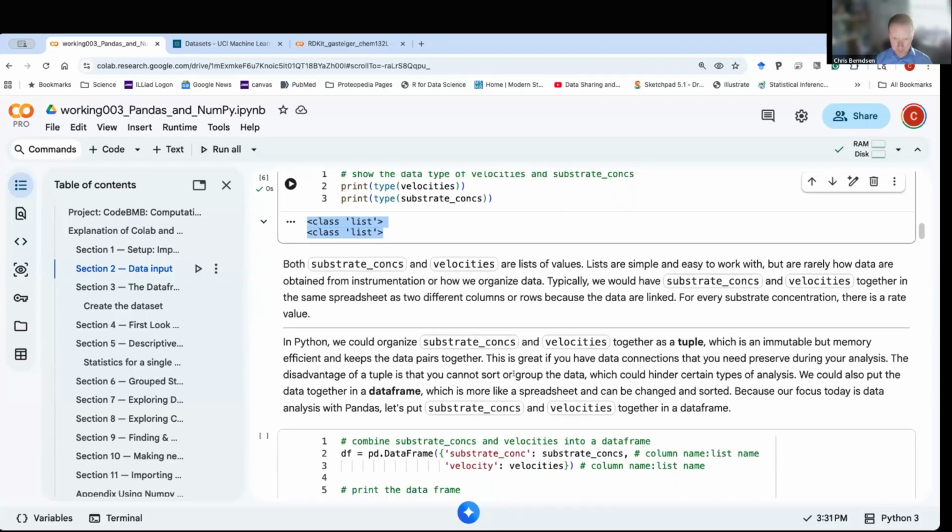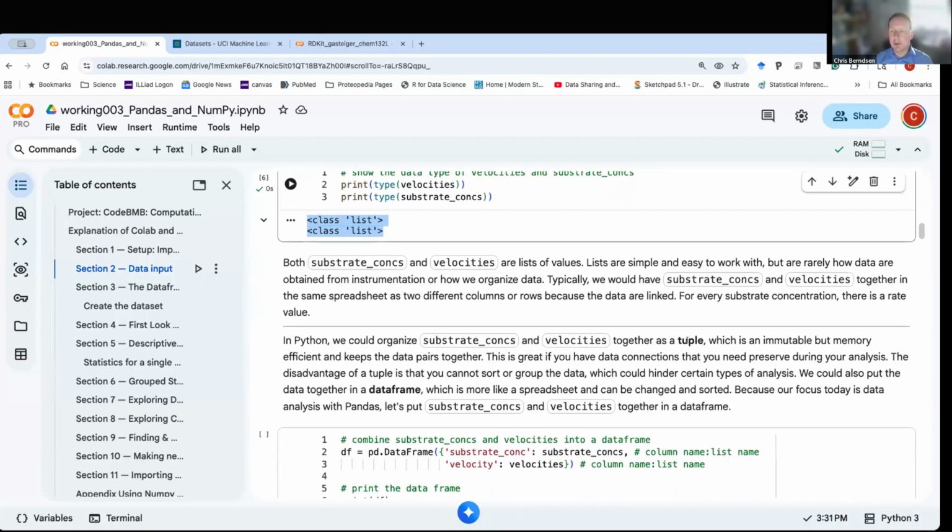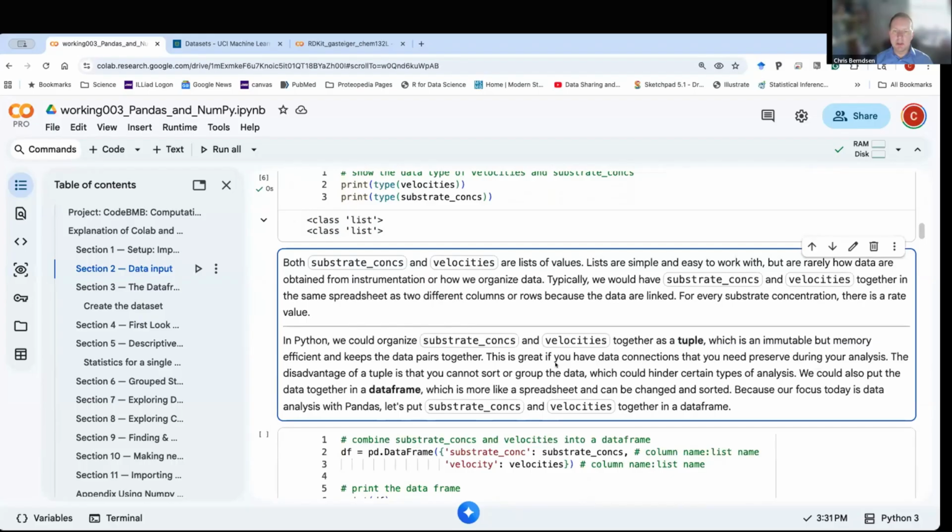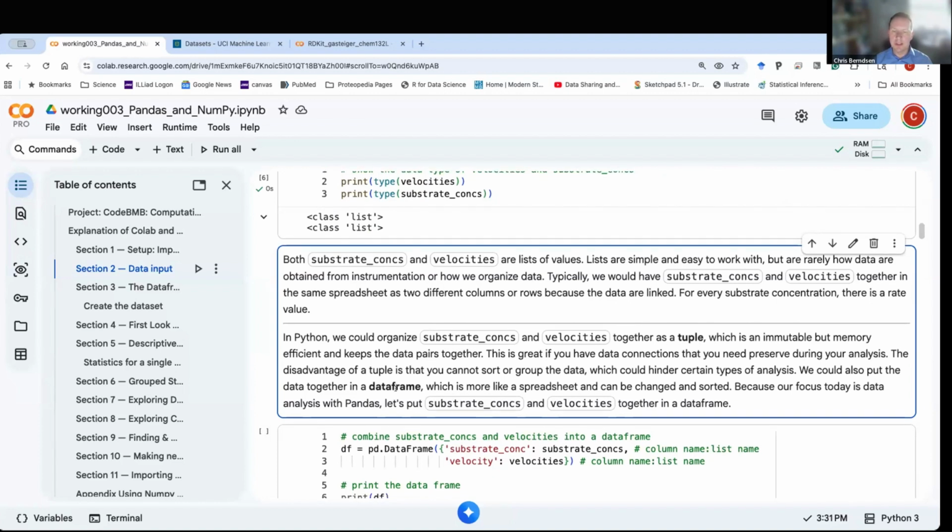They are just lists that we use together, but they are not something that you have a connection like we would in a spreadsheet. One way you can do this is what's called a tuple, and we won't go into this too much, but a tuple is a way to store data and keep pairs together. But you can't do things like sorting and grouping and some of the analysis that we might want to do. So if you have values that you want to keep together and do not want to change, a tuple is the way to go. But we're going to work with what's called a data frame,